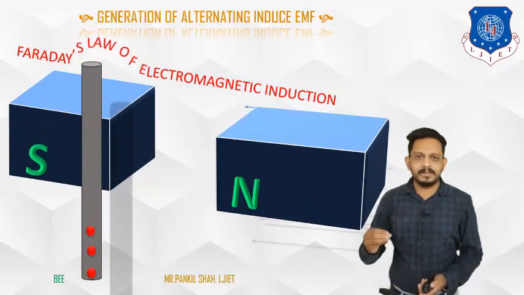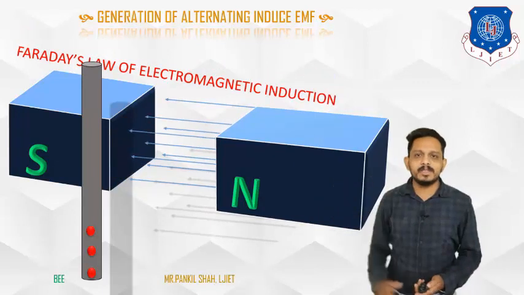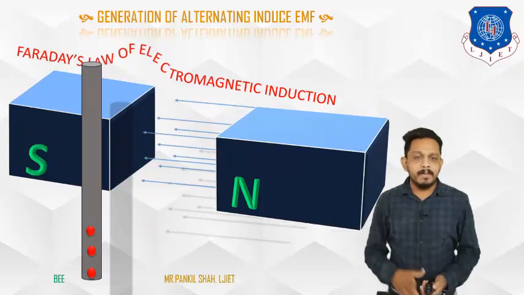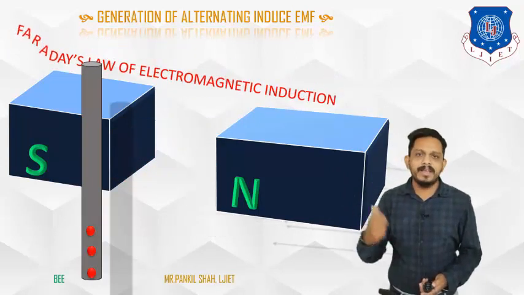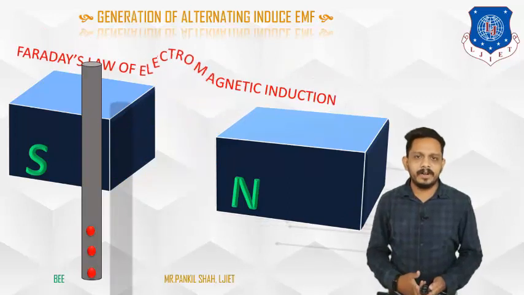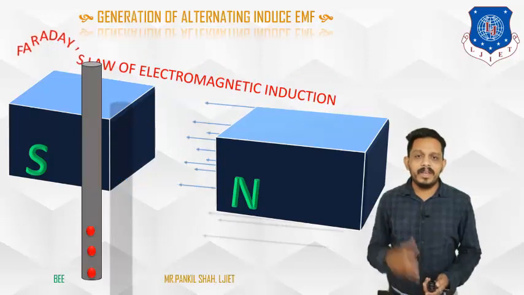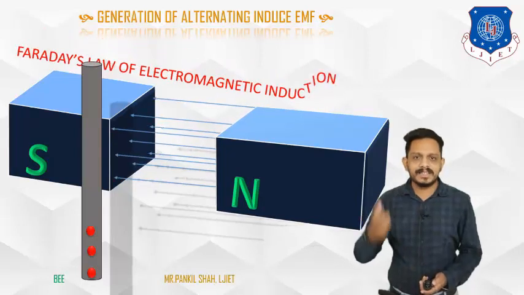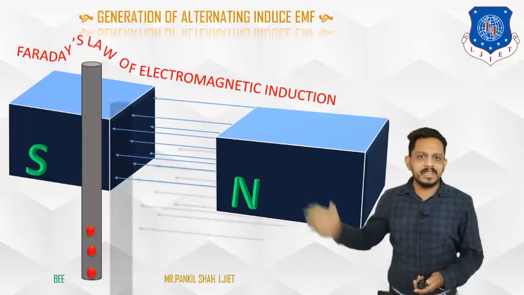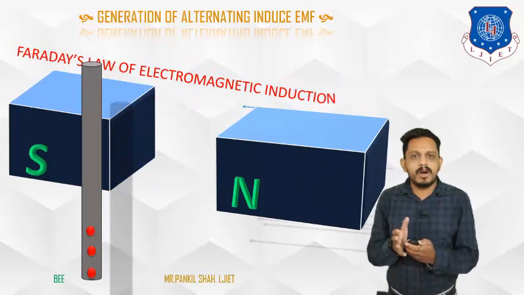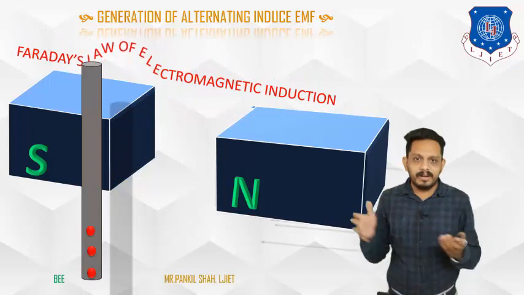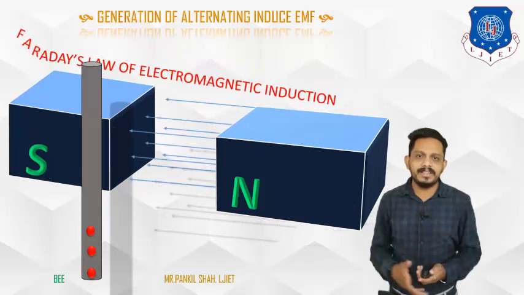So if we place this conductor inside this magnetic field, then magnetic flux will link with this conductor, but there is no change of flux inside this conductor. So there will be no EMF generated. So that means what? We have two techniques to change the flux linking with this coil. Either we can move these magnets, so that if these magnets go away from this coil, then flux will decrease, and if they come near to this conductor, then flux will increase.